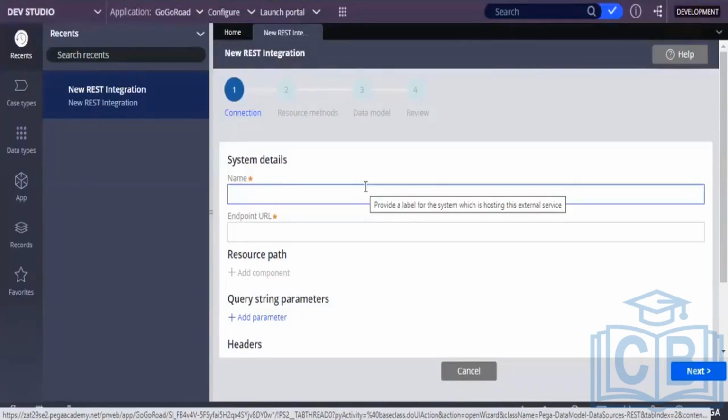Take a note of which rules it will create. Whenever you use the wizard, it will create the connect REST rule, the request and response data transforms, a data page, and properties.